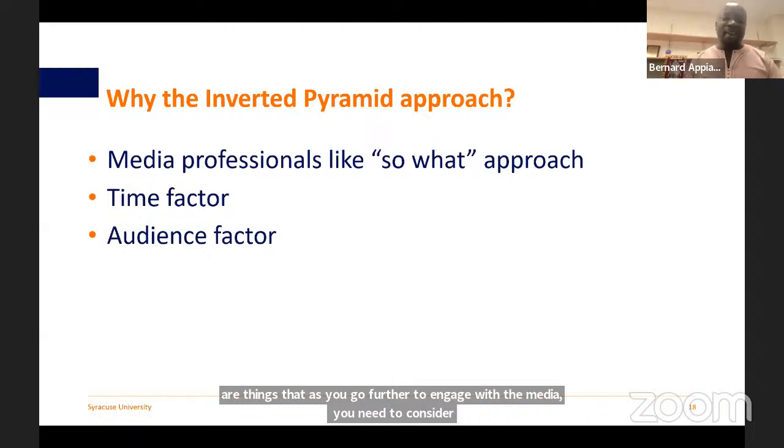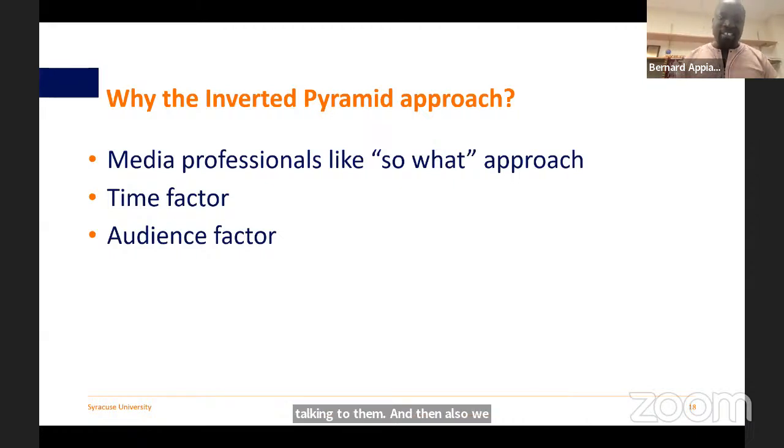And then also, we have the time factor. Sometimes when people are given 5 minutes or 7 minutes to make presentations, you say, oh, it's not much. Really? If you have even 1 minute with the media, you know what that can do? Advertisement for 1 minute, depending on the prime time, can be very expensive. So if you have time to engage with the media, make use of that time very well, no matter how small it is.